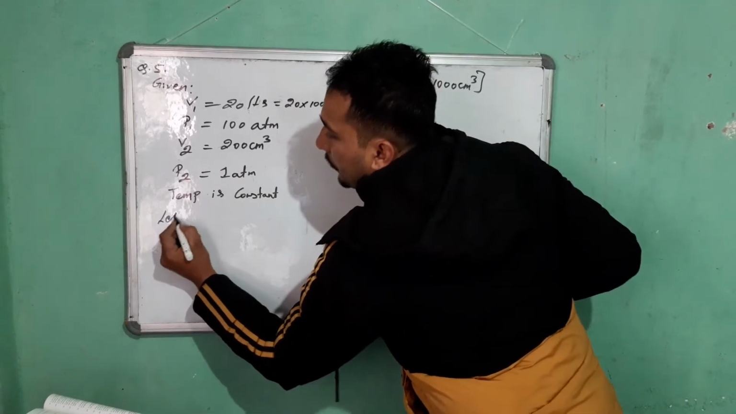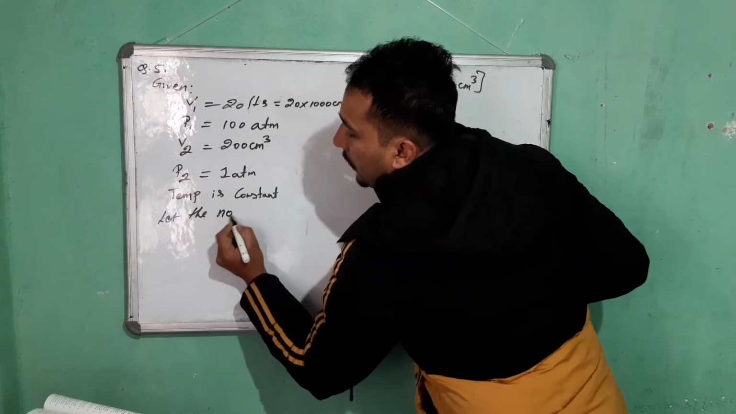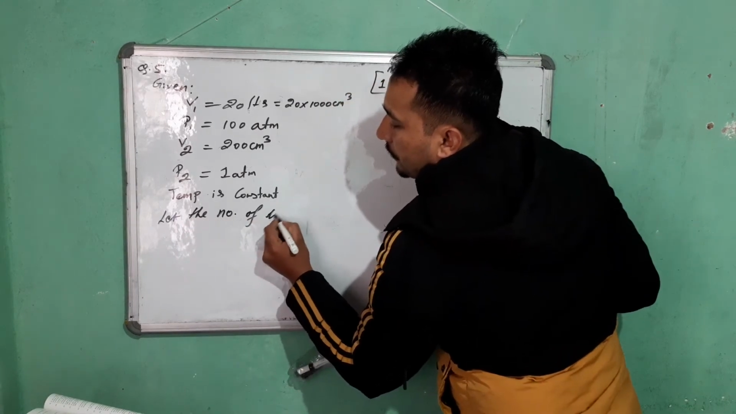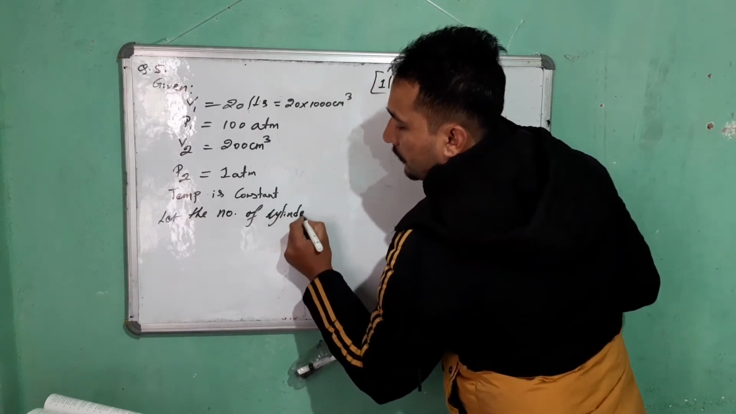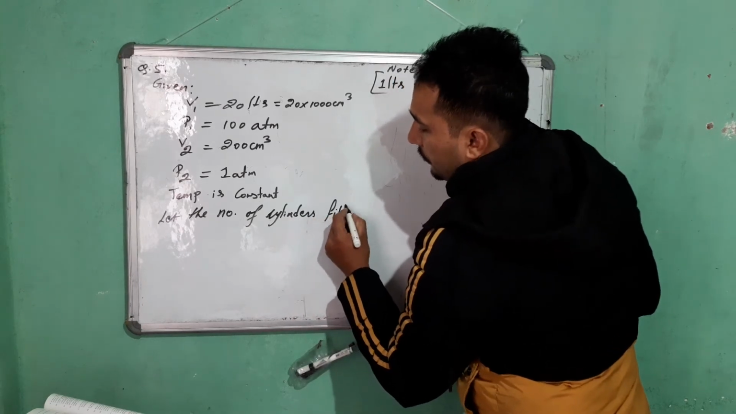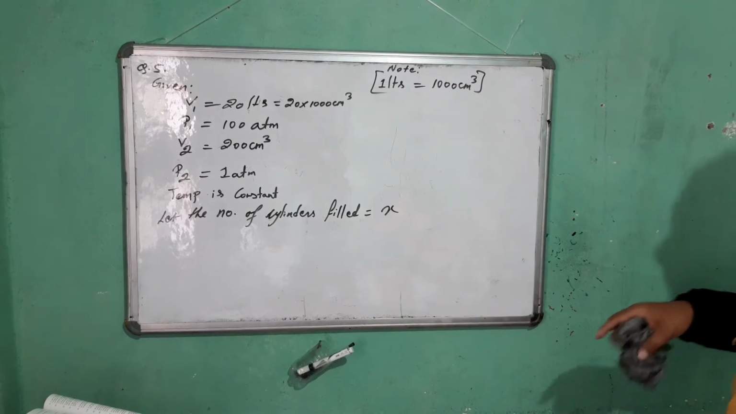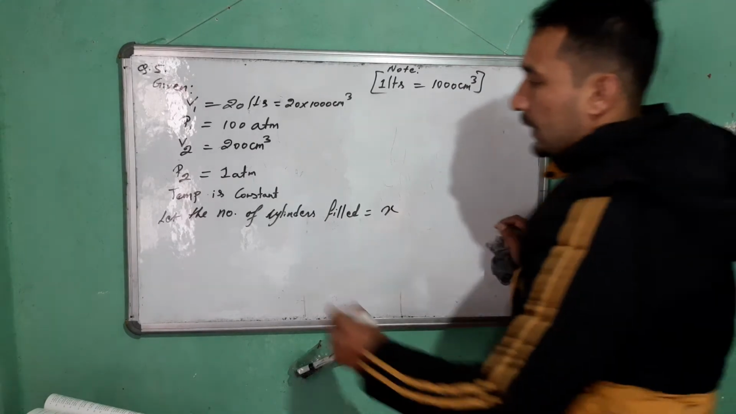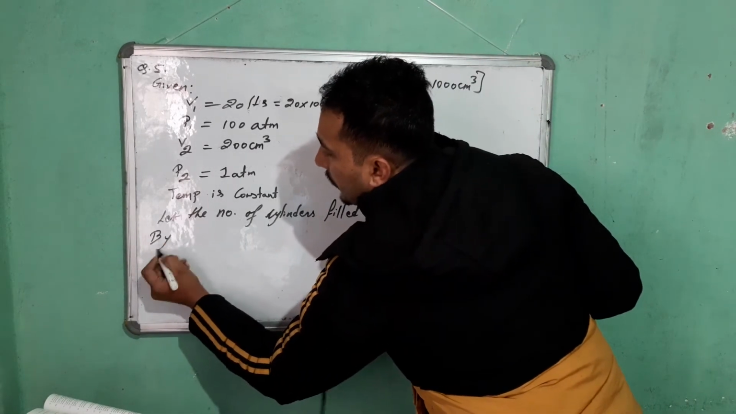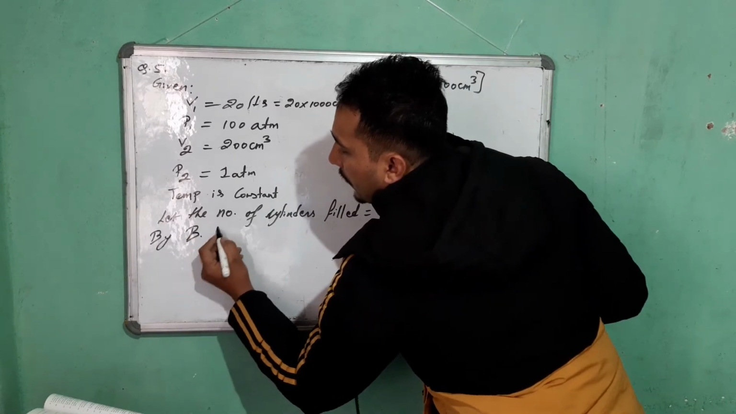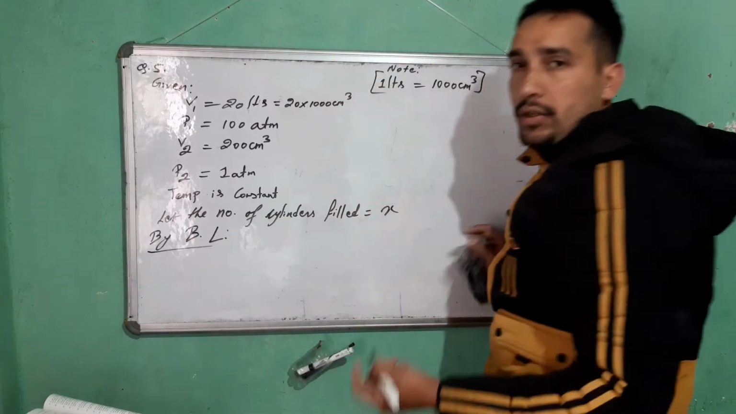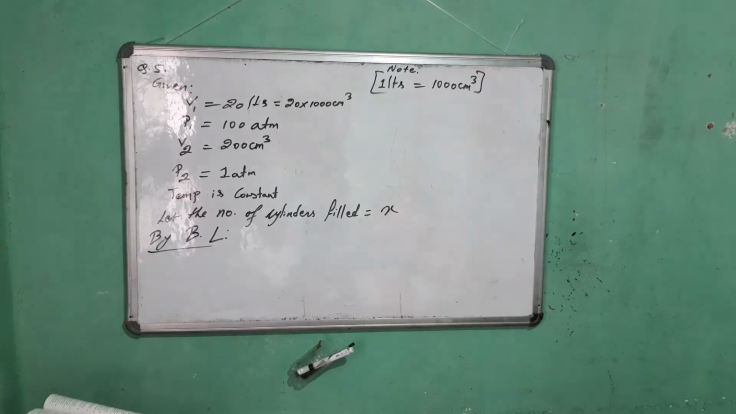Now let the number of cylinders filled be x. Then by Boyle's law, I'll write BL as short form, you write it completely. By Boyle's law,